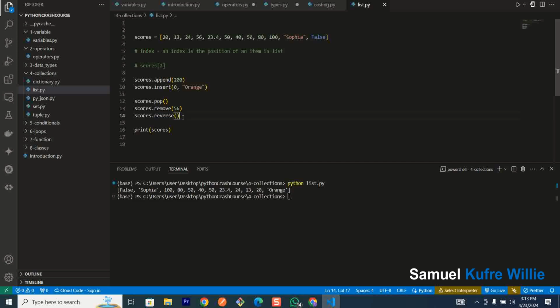There is another one called sort. What sort does is that it sorts the items in an orderly manner, so in an ascending order. You can also change it to the reverse of sort. So it's simply used to sort our items, I think, in a descending manner. Yes, I think in a descending manner. So if we run this now,